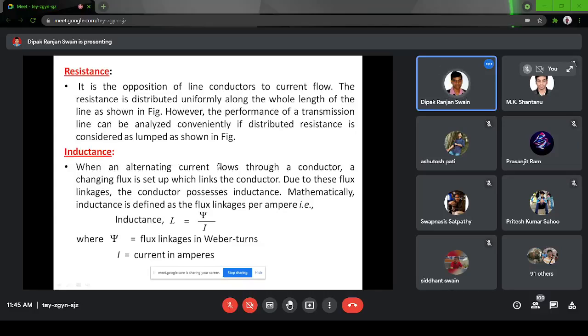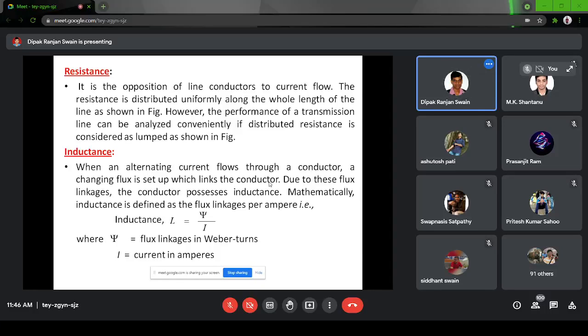Now coming to the inductance. Inductance, as this formula says, is always flux linkage per unit current. So when you calculate the inductance, we will first calculate the flux linkage. Flux linkages are generally of two types: internal flux linkage and external flux linkage. When alternating current flows through a conductor, a changing flux is set up which links the conductor. Already we have studied in electrical circuits that there is a self-induced EMF and a mutual induced EMF. Similarly, the flux that is produced in the conductor will also link the same conductor